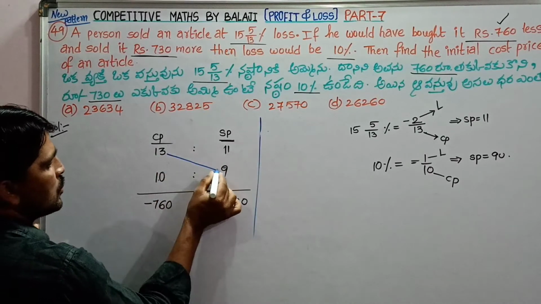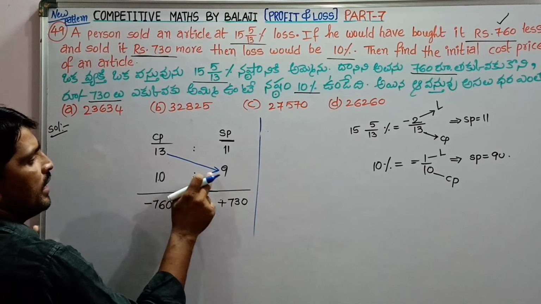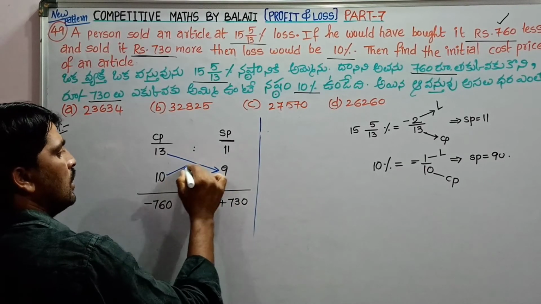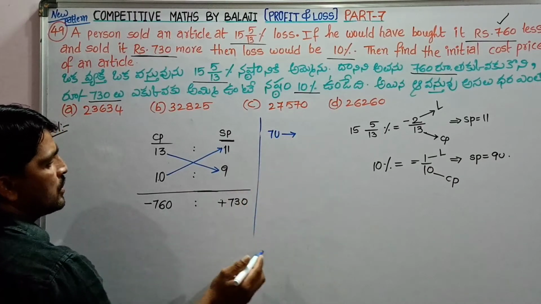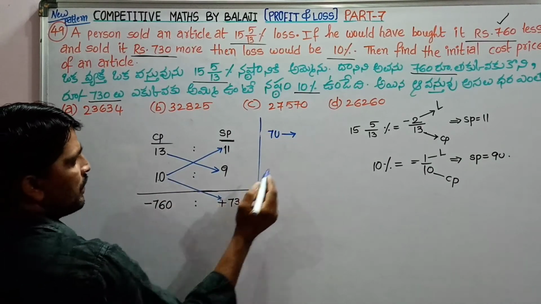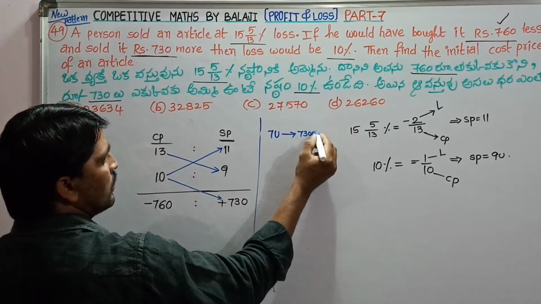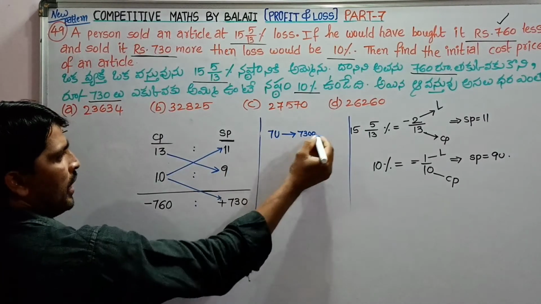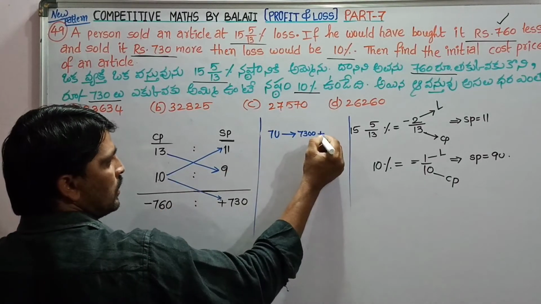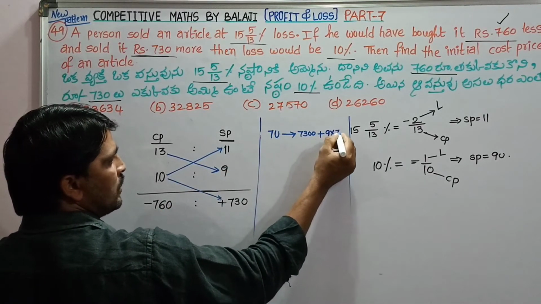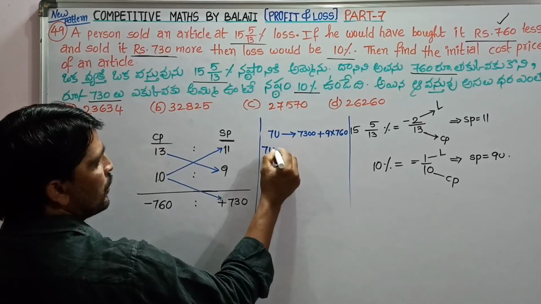Difference between CPs and SPs. 13 9s are 117, 11 10s are 110. There is a difference of 7 units is equal to 10 into 730, 7300 minus 9 into minus 760. That is, it becomes plus 9 into 760. That is 7 units value is